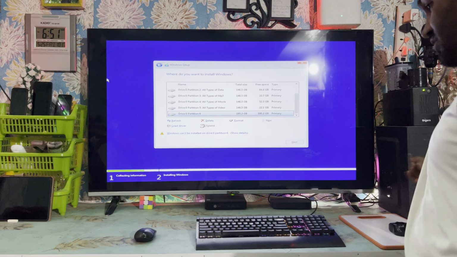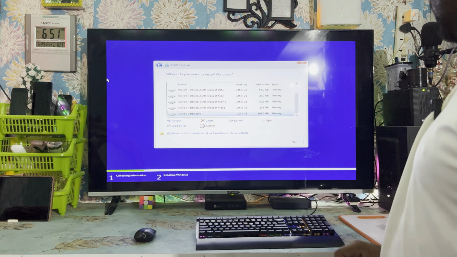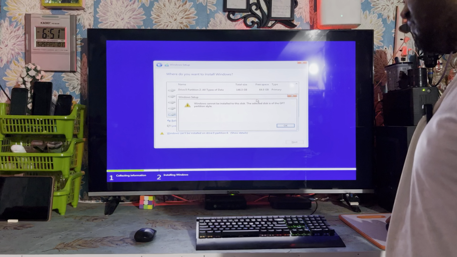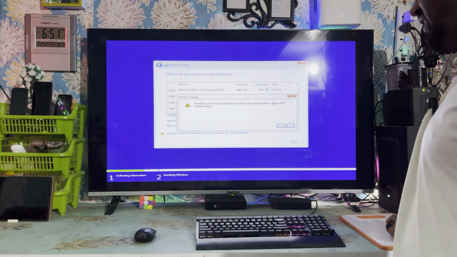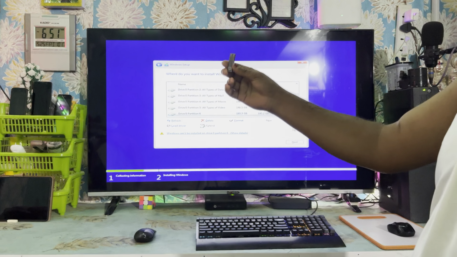So in that condition, we will create a suitable partition disk style. Suppose here, as we see, this operating system cannot be installed. Why is it so? Because the selected disk is of the GPT style. So we will have to create this GPT